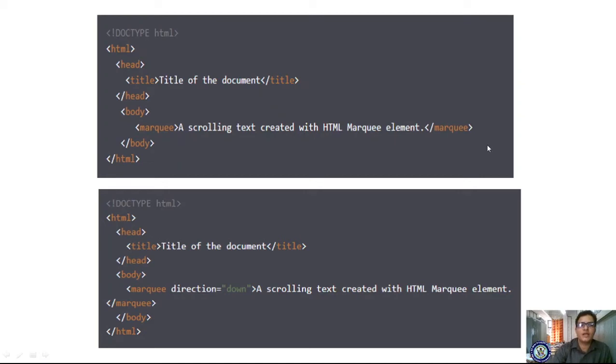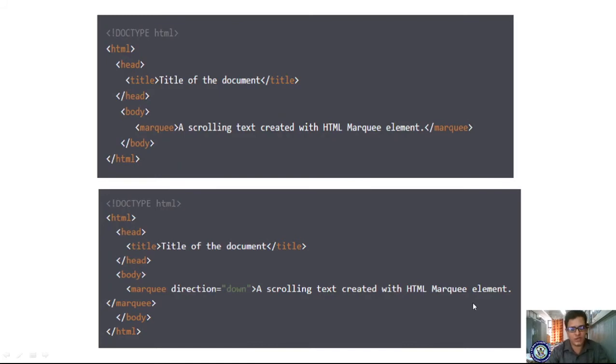The marquee tag consists of some attributes. Let me check the direction attribute. If you mention the direction as down, then what happens? The content will move from top to down. Okay, got it?